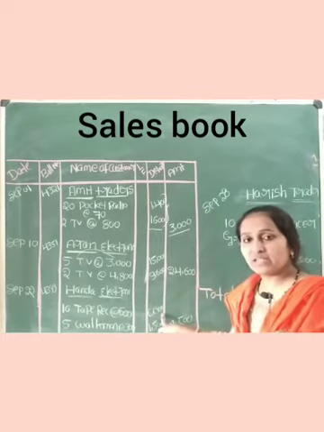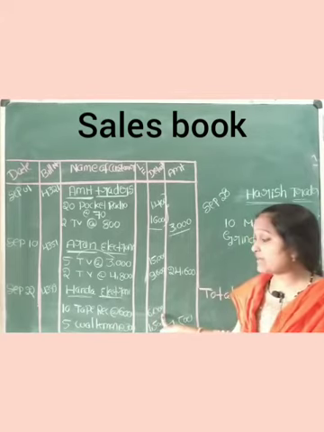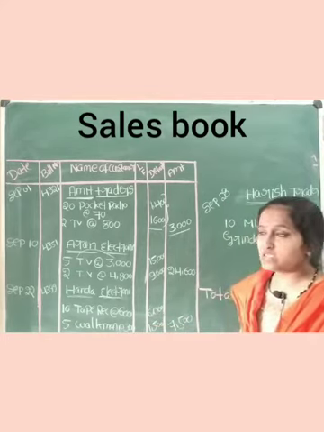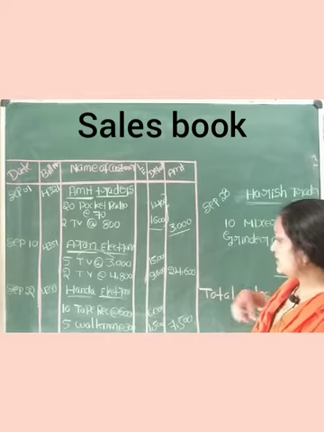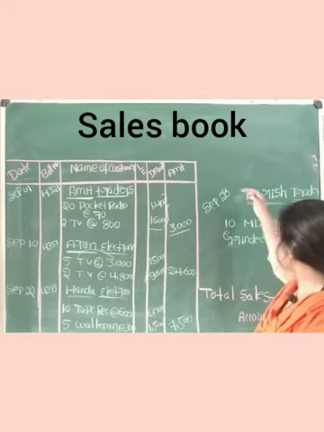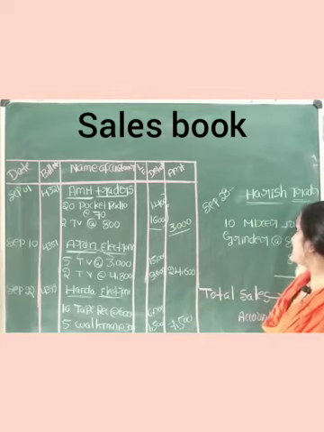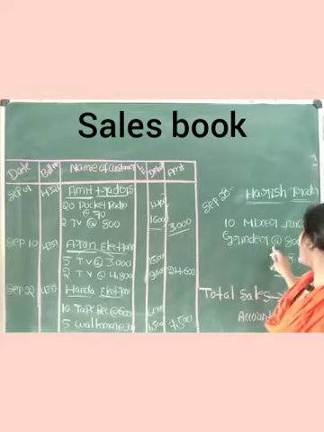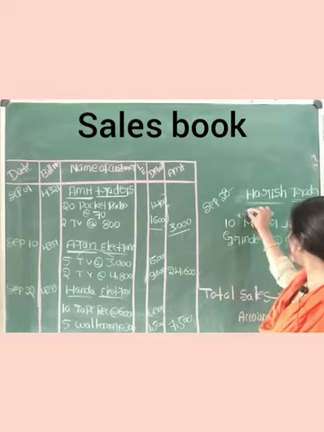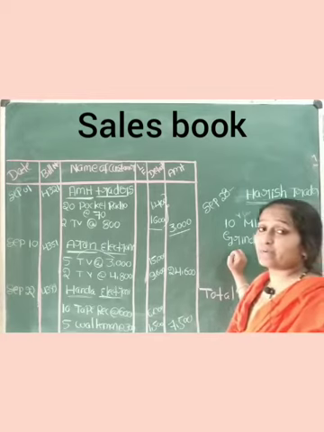If a discount is given, deduct the discount. If a discount is not given, leave it; keep that in your mind. Just multiply both figures and the rest will be very easy for you. Again in the same way, add them and write it in the outer column as 7500. Again on September 28, Harish Trader purchased 10 mixer juicer grinders at 800 each. So 10 into 800 gives 8000 rupees, which is the sale you have made to that customer.